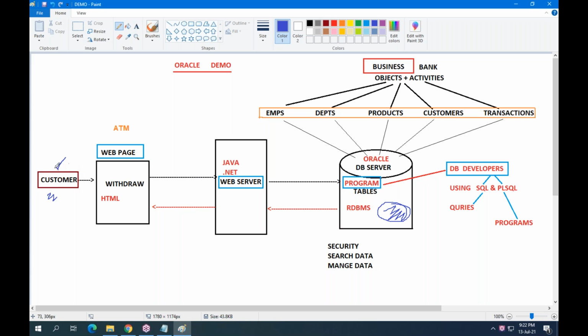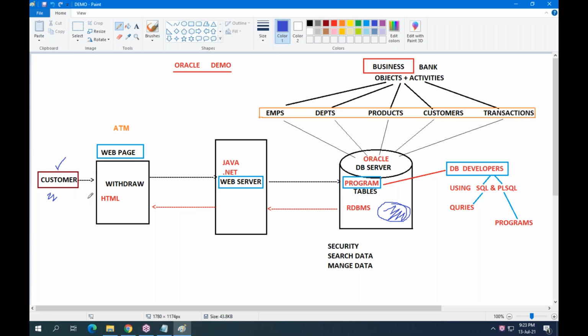He doesn't need to go to the bank. It is not necessary to visit the banking branch. From anywhere, he can go to the corresponding ATM, swipe his card, enter the details, and then he will get the money.